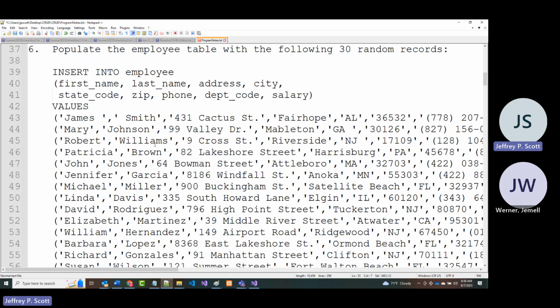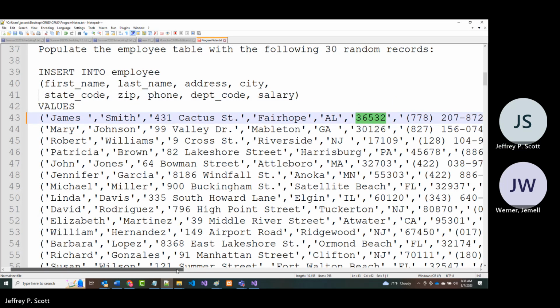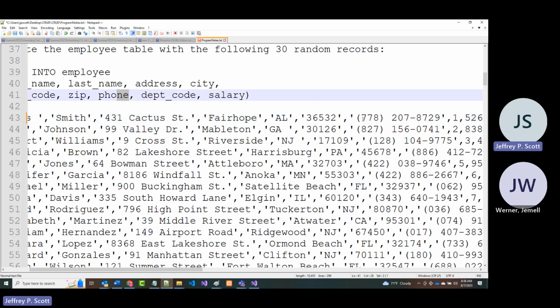What I asked for was a first name, so James, a last name, Smith, an address, 431 Cactus Street, a city, Fairhope, a state code, AL for Alabama, a zip code, 36532, a phone number, 778-207-8729, a department code, 1 in this case,